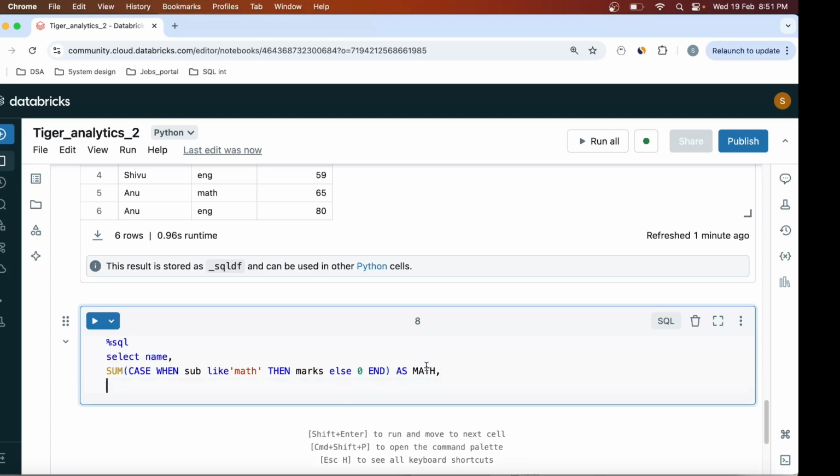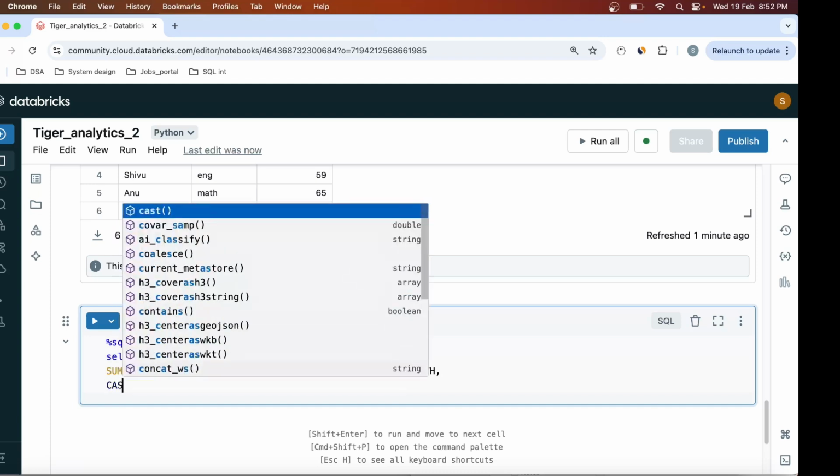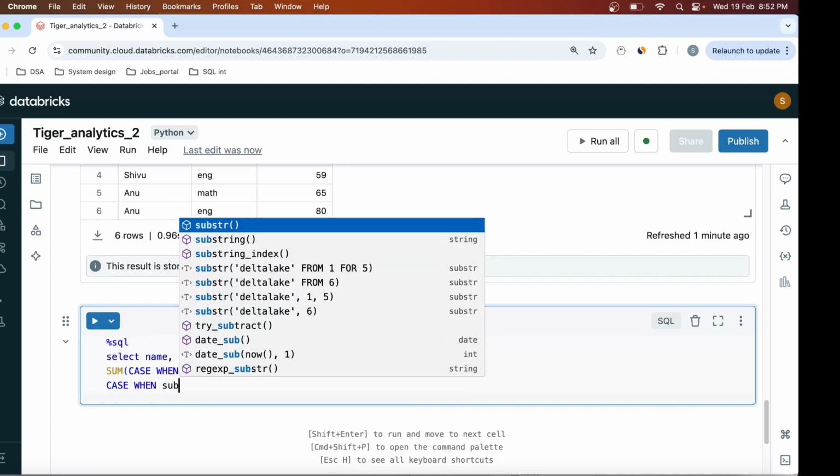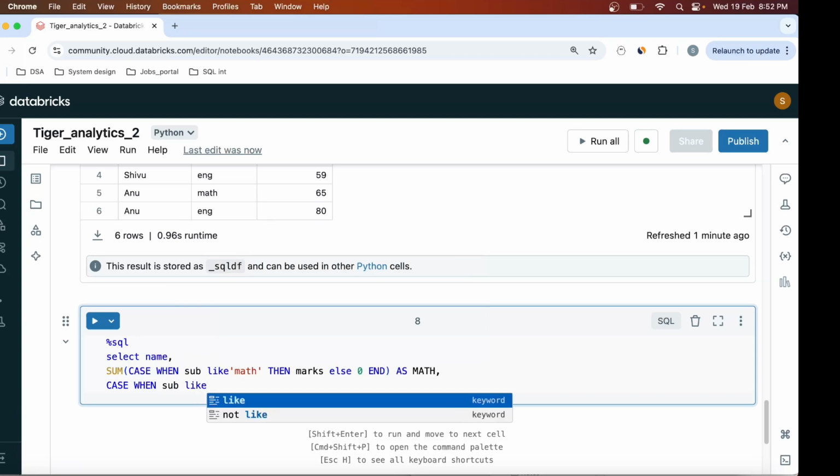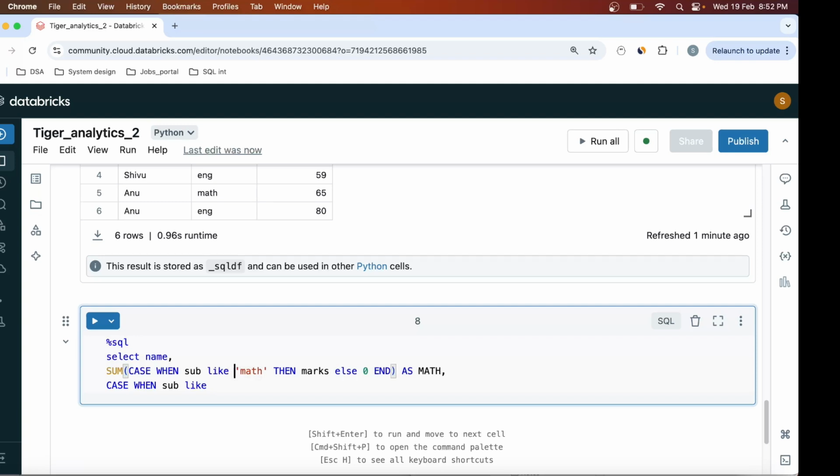Similarly, I will do it for my other subject, that is English. So I will write case when subject like, I'm using like because I don't know if in case it will be something exact, but if in case it's math or English like, then I'll calculate the marks, else I will assign it 0 and I will end the case statement and I will do a sum of this.